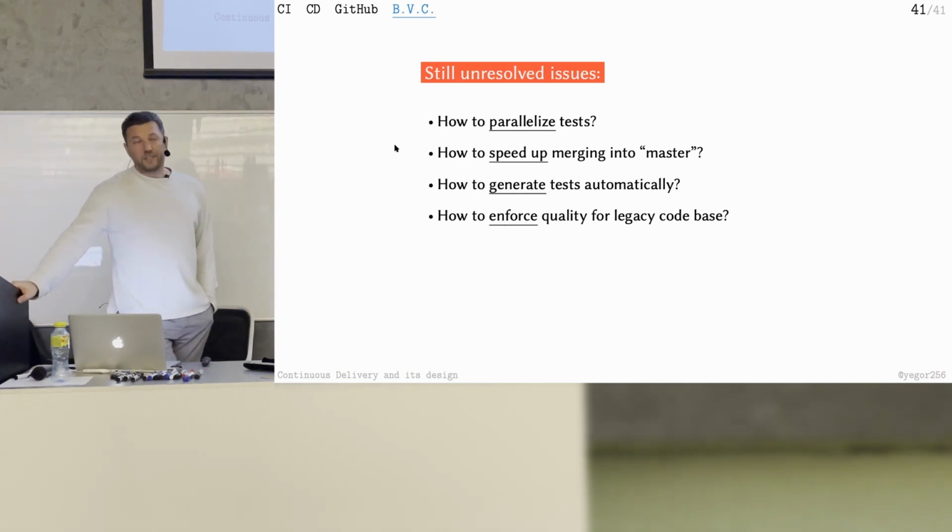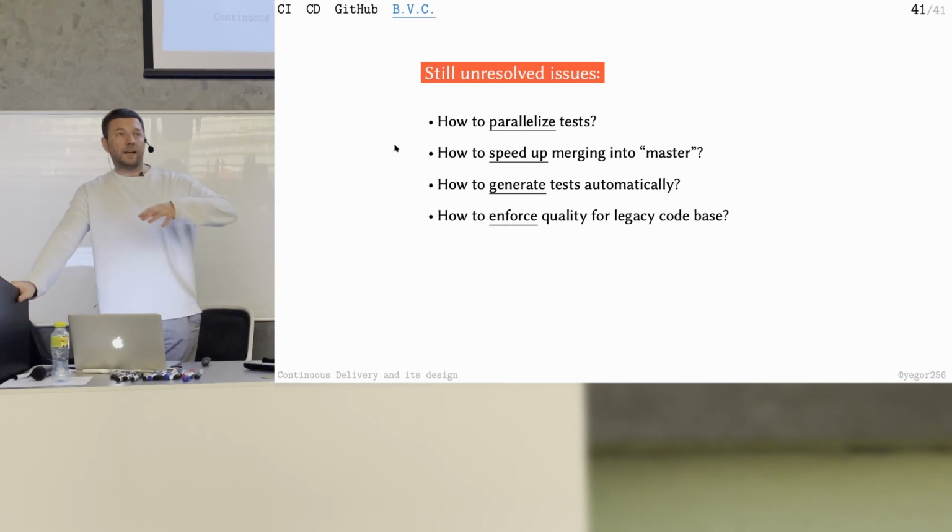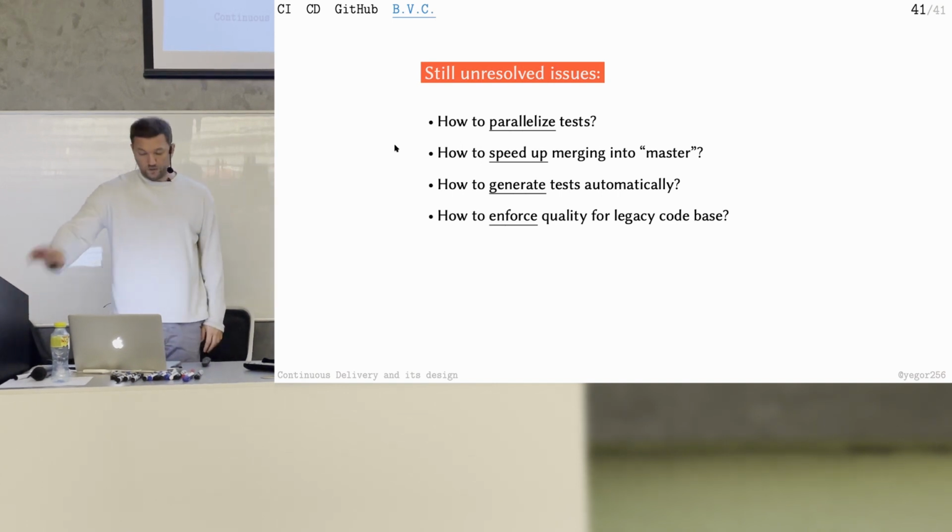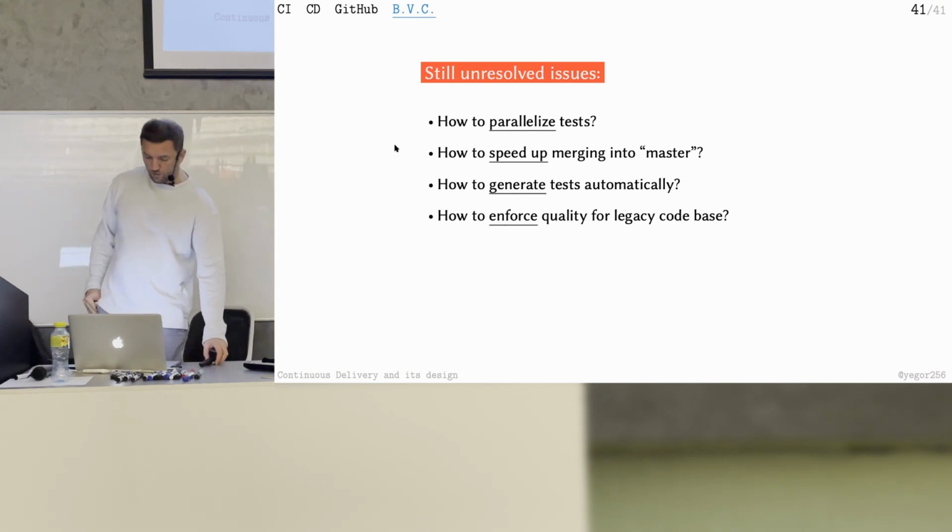Next one, how to generate tests automatically. So very often we have legacy systems, a lot of code. We want to improve the build, so make it stricter, reject more. The question is where to get the tests. Mostly people don't write tests. So how to generate tests from the code. That's a huge research territory. I know a number of teams among the people I work with right now who work on this, how to generate tests from the code. So it's a research direction which has not so many answers right now.